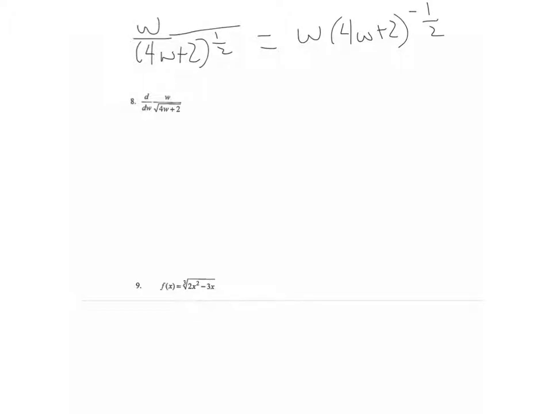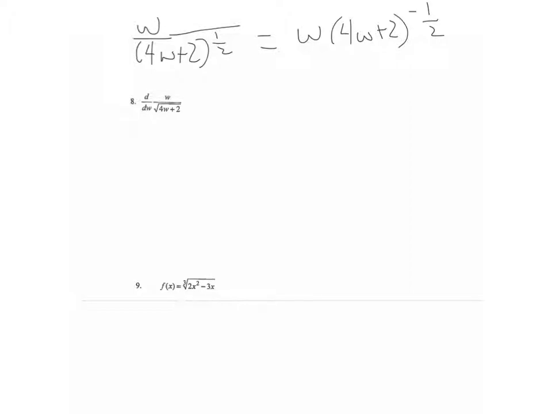Remember, when we pull it up to the other location, we will have the sign on the exponent change. So if it's a positive in the denominator, it's the same exponent in the numerator, except it's negative. Now as I look at that, I see that I have the product rule that I can use, because I have the first factor, which is the w, times the second factor, which is the 4w plus 2 raised to the negative 1/2 power. So I've got the product rule, but within the product rule, notice we're going to need